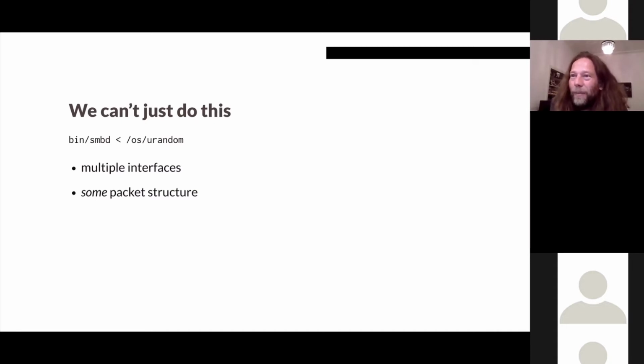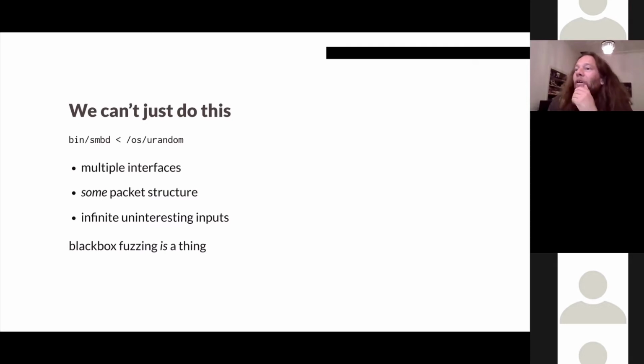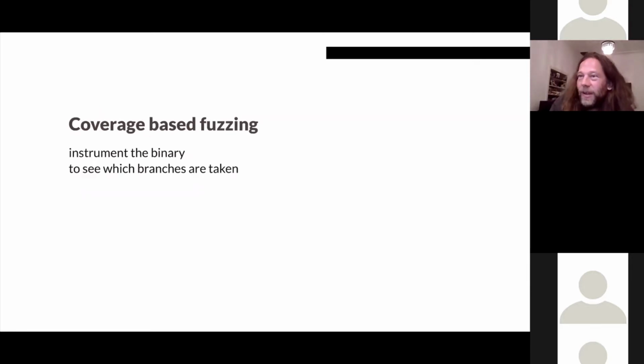There are just so many things in Samba that you can't really say we're going to hit it like this, and so many random strings won't mean anything. So while black box fuzzing is a thing that people do, it's not something that I'm going to talk about much, because we have a much better thing that we're doing with Hong Fuzz, which is coverage-based testing,